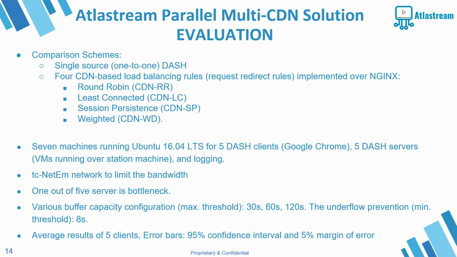So here the weights are used to influence the load balancer to give preference to servers with higher weights. For example, if there are 3 servers and the first one has a weight of 3, while the other 2 have the default weights, then out of 5 new requests, the first server will receive 3 requests, while the other 2 servers will get 1 request each. Other configurations are listed in this slide.